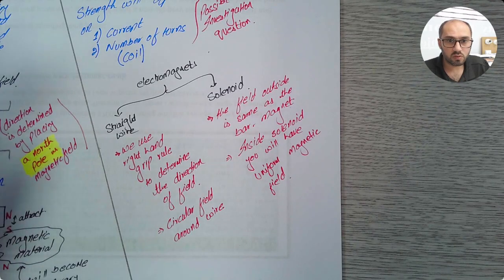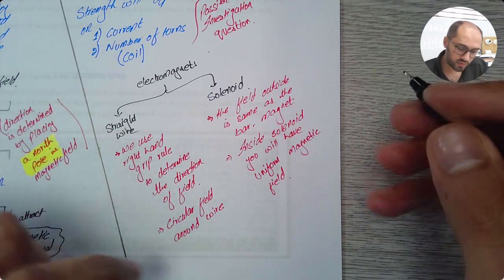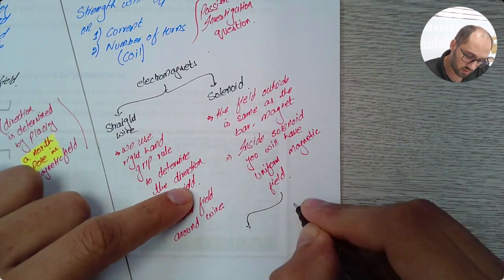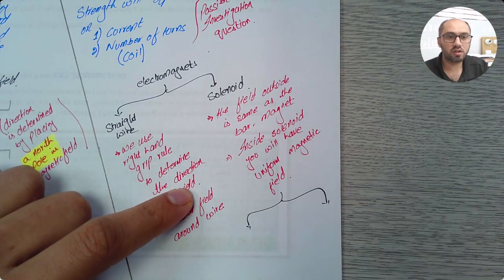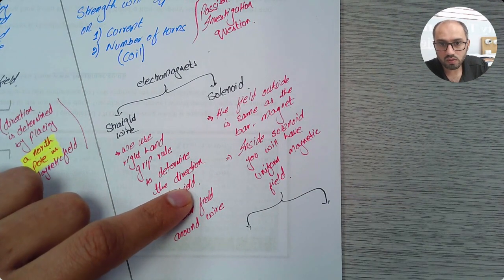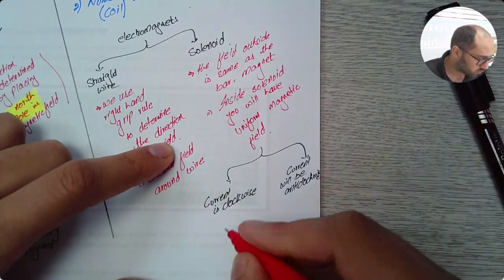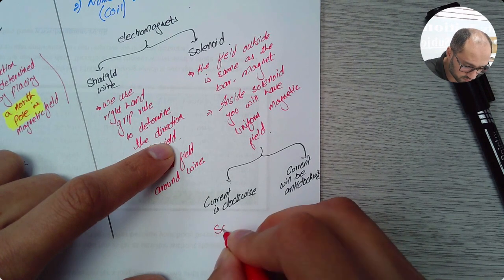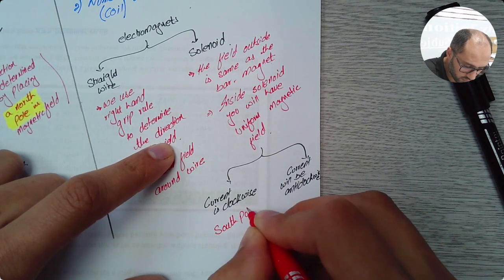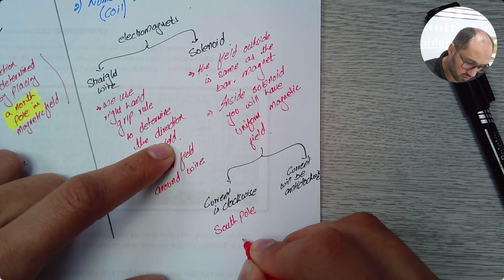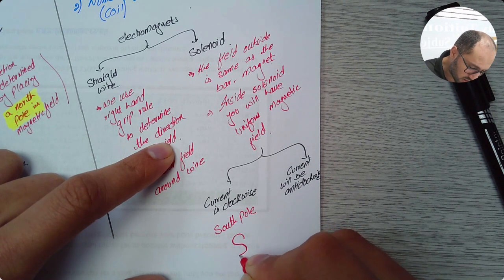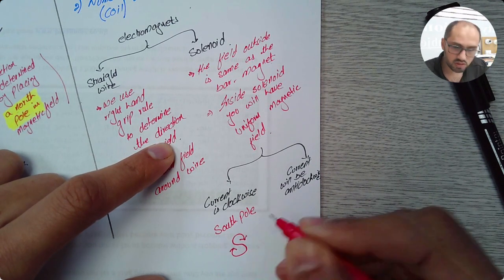To determine the north and south poles of a solenoid, you'll have to look at the coil from a side. And when you look at the coil from a side, you'll observe two things. You'll see either the current going clockwise or the current going anti-clockwise. If it is clockwise, then this will be your south pole. So to memorize it, we draw it like this. This tells us that the current is